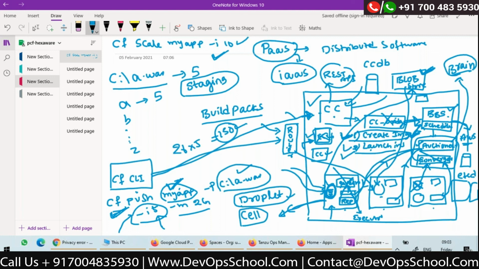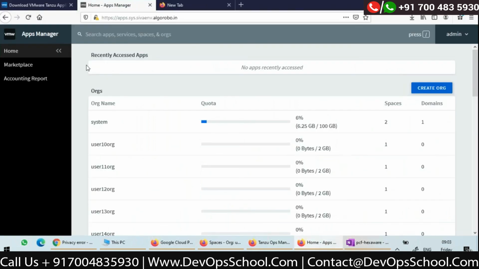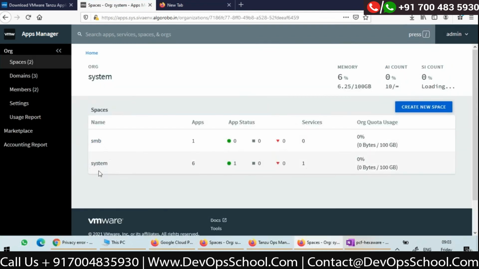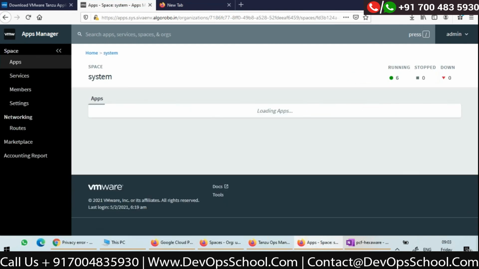And Apps Manager is an application which has a UI, and that is running in containers inside your cells. So that's a separate container, is it? It is a separate application running inside multiple containers. Actually, I'll show you quickly. Right now, you can see I'm logged in as admin, and there's an organization called system, and there's a space inside it called system.